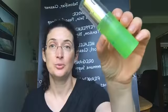Also, if you do get too much sun, you can put on the hydrating serum, and that will help immensely with helping make your skin better from getting too much sun. So don't forget your after sun spray that you can use for muscles, and you can also use for before you go outside. And then you also have the Virage hydrating serum. So,